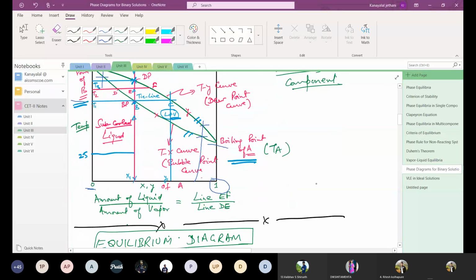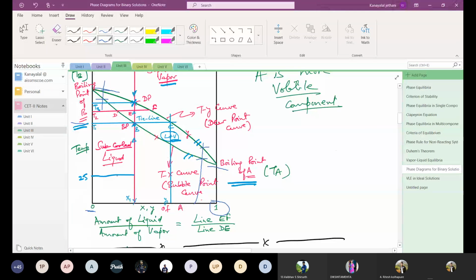Yes sir. Okay. So now if you take this thing, I am taking this tie line, say DEF, right? तो यहाँ पर and suppose my composition is X1, liquid composition X1, और ये tie line लिया मैंने, okay, and if the point is suppose here, suppose the temperature of this mixture is T2, right? So I can draw a tie line here, right? I'll get